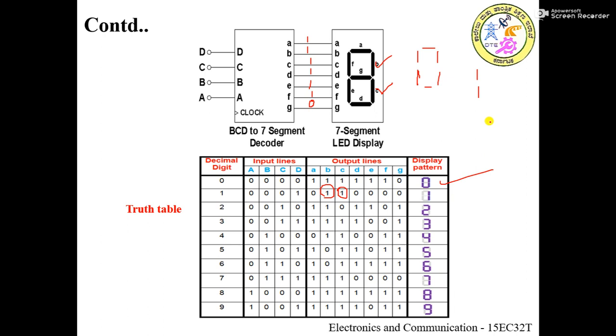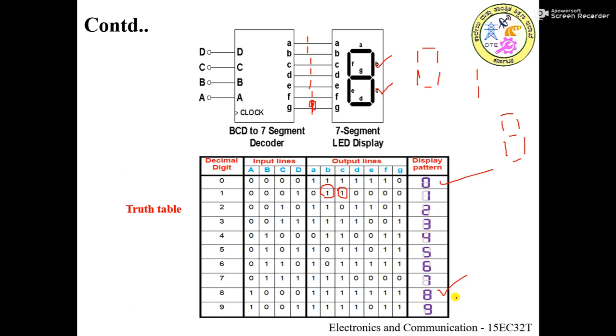Similarly, in order to display 8, how 8 is displayed? So this is how 8 is displayed. In order to display 8, ಅಂದ್ರೆ ಇದು 8 ಇರೋದು. In order to display 8, all LEDs should be lighted up. Means we have to send information 1 on all output lines. So if you send the logic 1 on all output lines, then the pattern it looks like, ಇಲ್ಲಿ ನೋಡ್ಬೋದು ನೀವು 8 ಅಂತ. ಸೊ ಆಲ್ LEDs should be lighted up ಅಂದಾಗ ಎಲ್ಲಾನು 1 ಮಾಡಬೇಕಾಗತ್ತೆ. ಎಲ್ಲಾನು 1 ಮಾಡಿದಾಗ 8 ಅಂತ ನಿಮಗೆ ಏನಾಗುತ್ತೆ, ಇಲ್ಲಿ ಡಿಸ್ಪ್ಲೇ ಆಗುತ್ತೆ.